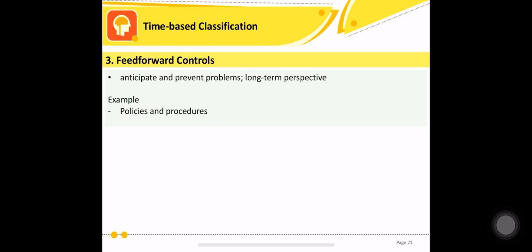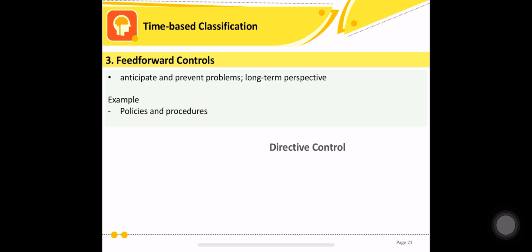So, again, feedback is detective and corrective. Concurrent is preventive. Now, we have feed-forward. This is also known as directive control. So, when it's directive control, it is directing you to the objective of a specific control. It helps you go there or not go there, if the control doesn't want you to end up at whatever its objective is.